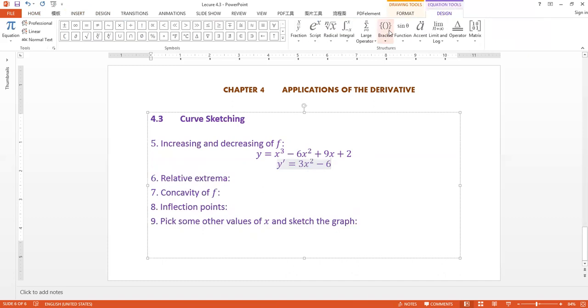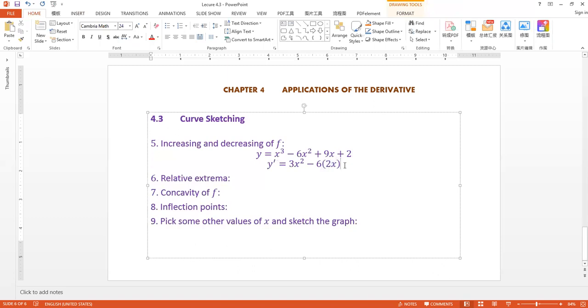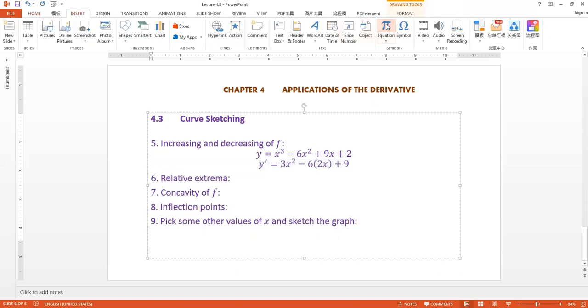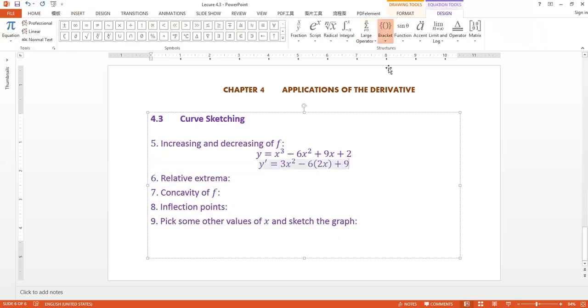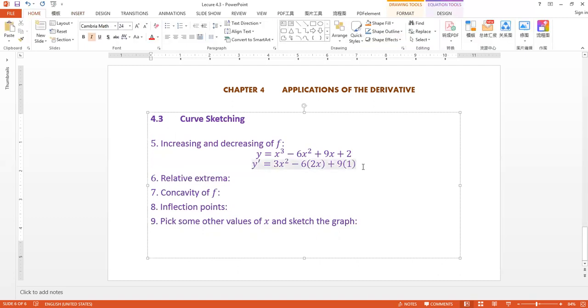Again, the power rule: put 2 in the front and subtract 1 from the exponent. 2 minus 1 is just 1, so that's x to the 1, or x. And then plus 9 times the derivative of x, but the derivative of x is just 1. Okay. And then at the end, we have the derivative of 2, which is 0. So at the end, the derivative is just 3x squared